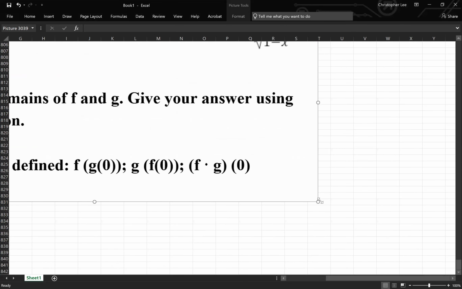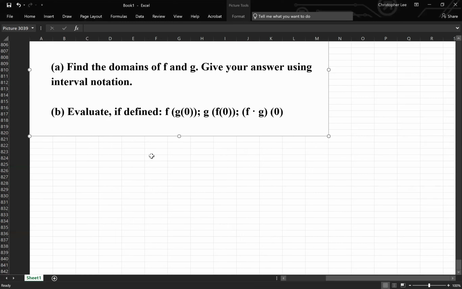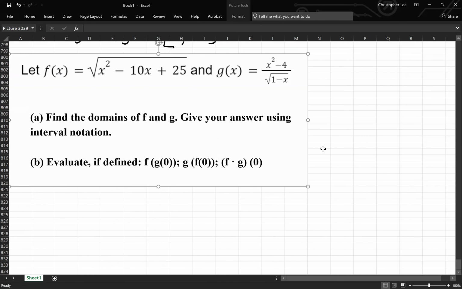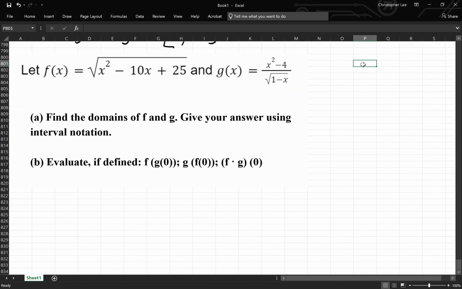Let me just resize this one second. Okay. So we have f of x is equal to the square root of x squared minus 10x plus 25, and g of x is equal to x squared minus 4 over the square root of 1 minus x. So they want to know, what is the domain of f and g? Let's do that, right? So the domain